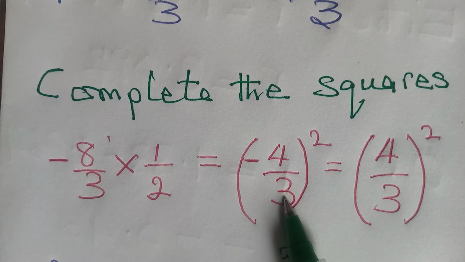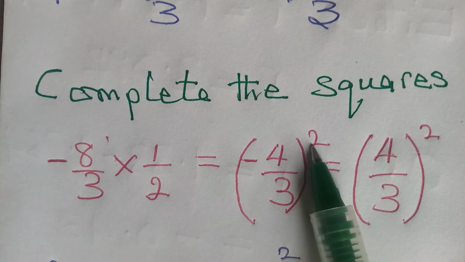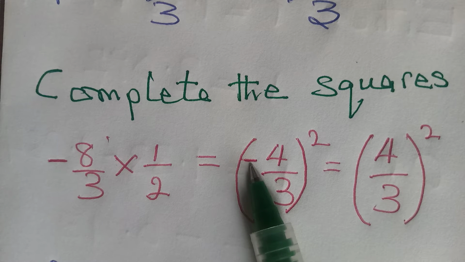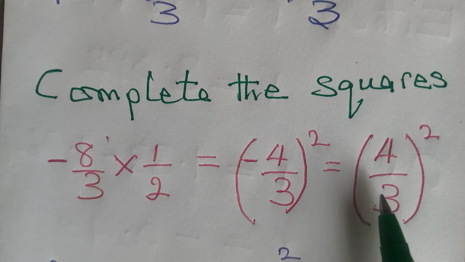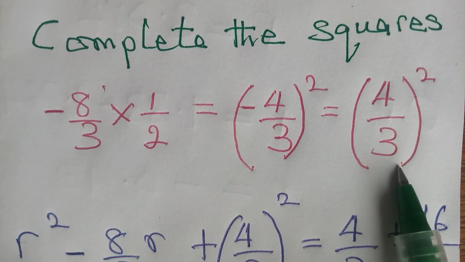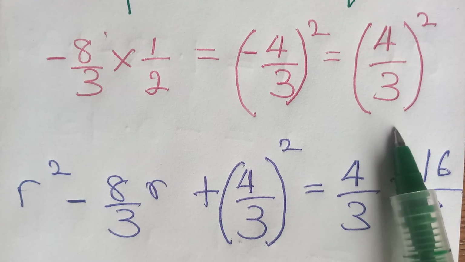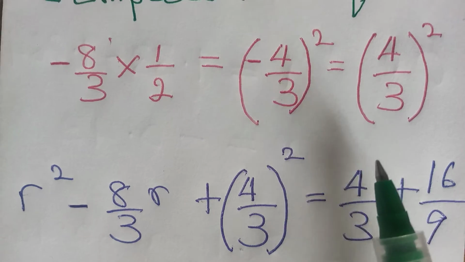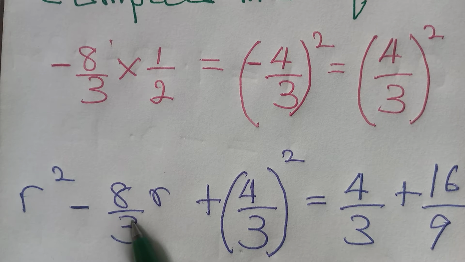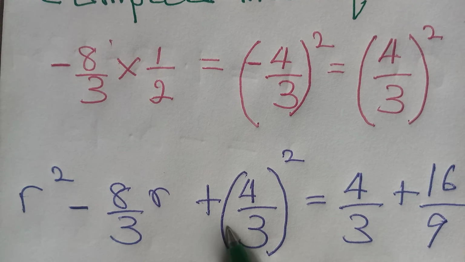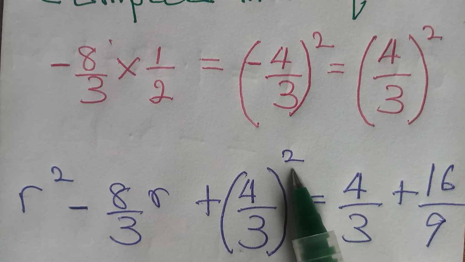And the rule says square it. Once you square it, you have this square. What this square will do, first it will change this minus to a positive sign. And if that happens, you are having 4 over 3 all squared. So this is the term we're going to add to both sides of the equation. So if I'm adding this term to both sides of the equation, I'm having r squared minus 8 over 3 r plus the term we are adding, 4 over 3 in bracket squared, equals